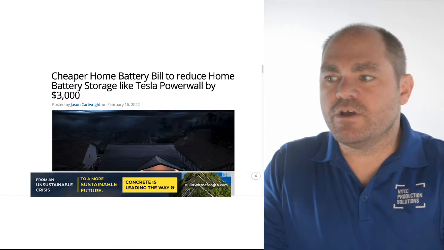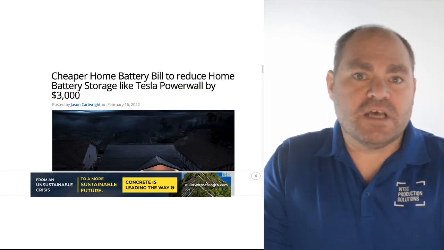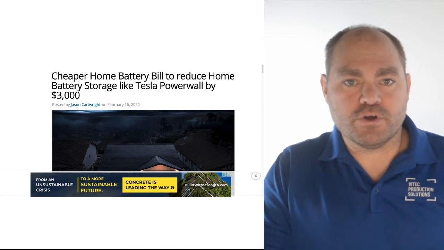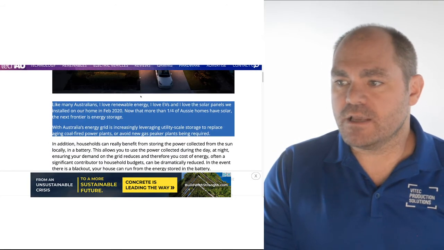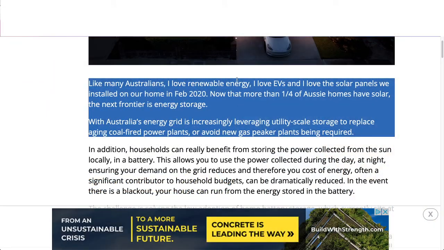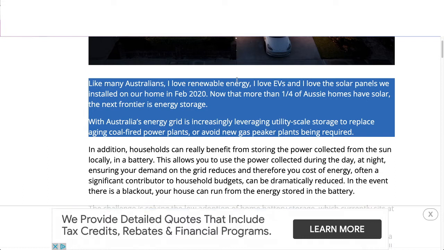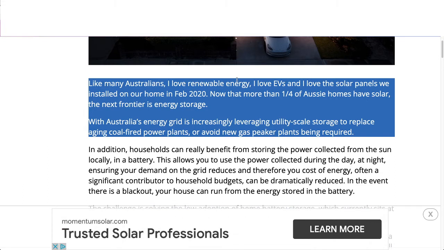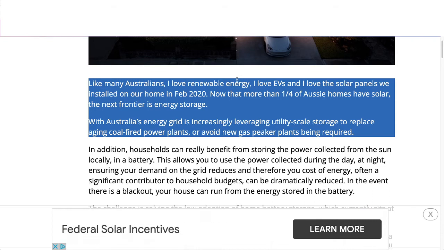So Tech Australia reports on a bill to help residents get some home battery storage. Quote, like many Australians, I love renewable energy. I love EVs. I love solar panels we installed on our home in February 2020. Now that more than a quarter of Aussie homes have solar, the next frontier is energy storage. Amen, brother. With Australia's energy grid increasingly leveraging utility scale storage to replace aging coal-fired power plants or avoid new